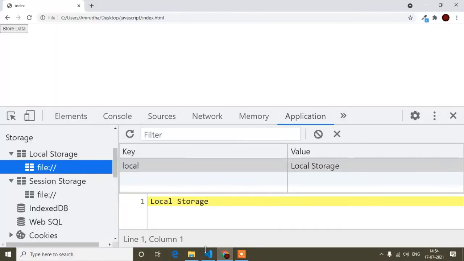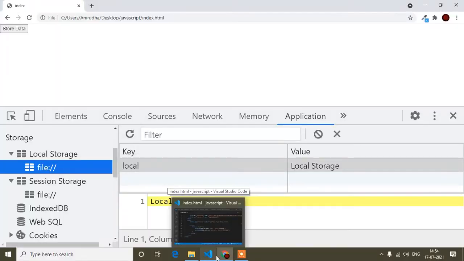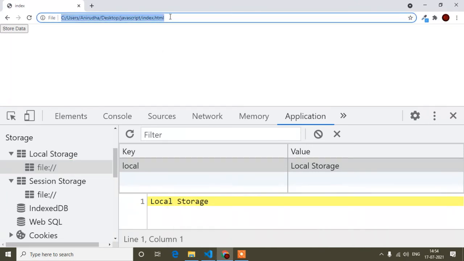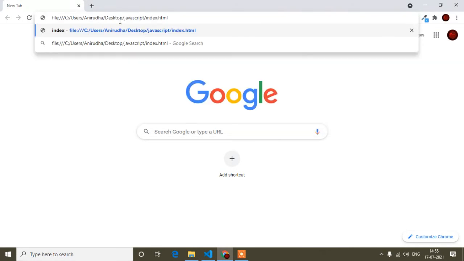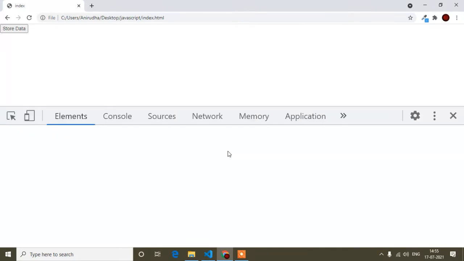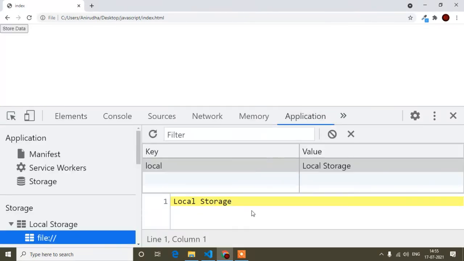Now guys, I discussed that session storage has an expiry, but local storage does not. So guys, I will copy this link. Expiry means the session storage lasts as long as you keep the tab open. Now if I close this tab and then open the same link and open inspect, the session storage should not be here, because session storage has an expiry time, and the expiry is how long the tab is open.